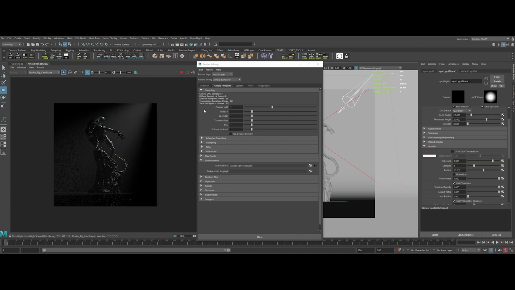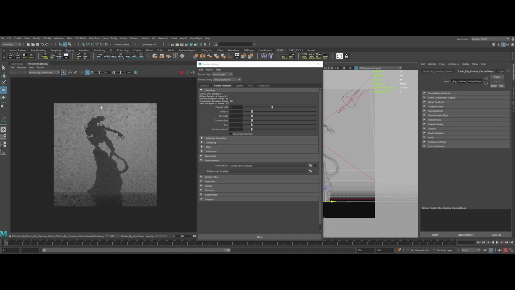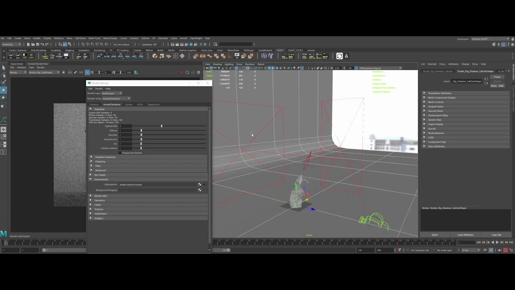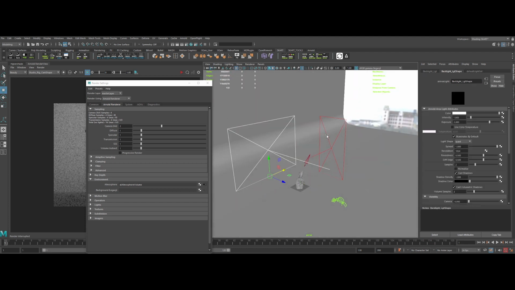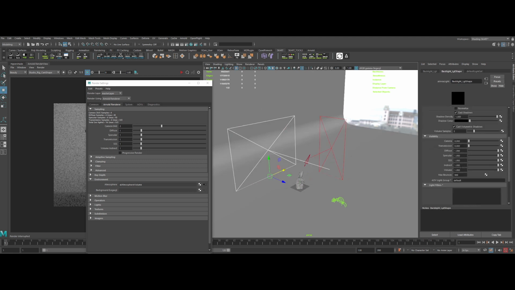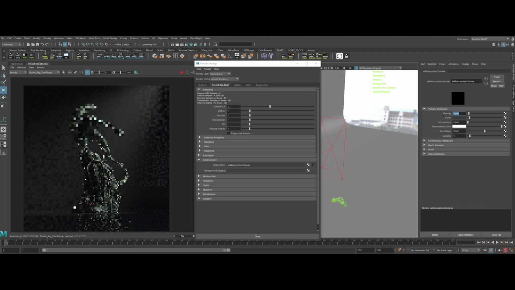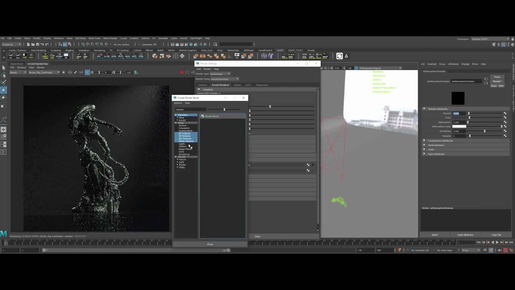Okay, if we look closer, we've got a problem. All the lights in the scene are creating volumetrics. That's not what we want. A quick, simple and effective way of tweaking it is to select the light and go under the Visibility tab and put the volume value to 0. Let's do exactly the same thing to the second light. Boom, solved. Now let's add some complexity by adding a volume noise in the color.